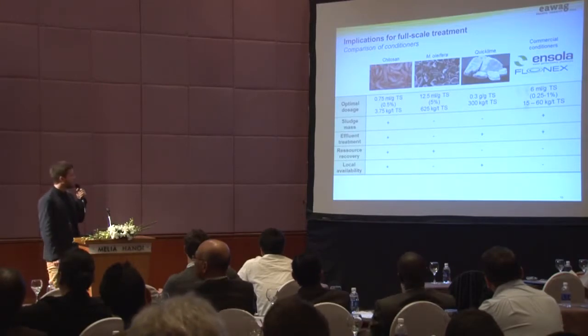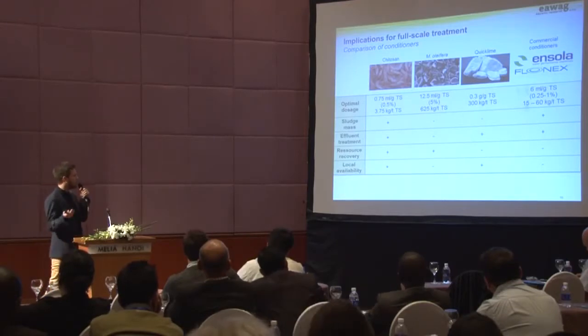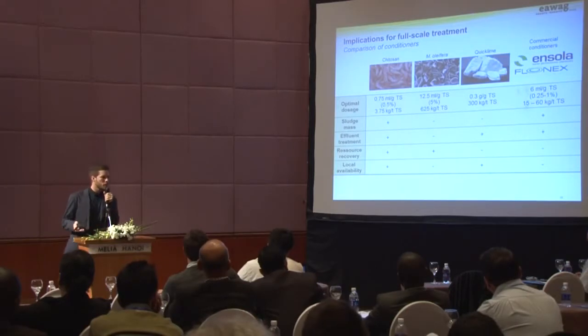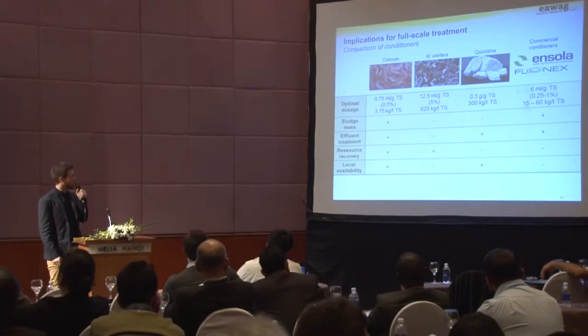Another point I want to make here is that quicklime and Moringa oleifera increase the sludge mass. You don't want to treat more sludge than necessary in the end, as that increases your costs. For Moringa oleifera, you could argue you're adding an organic material, so you maybe improve the properties of your treatment end product if you use it in agriculture. But that's usually not the case for lime, which increases the ash content, and might be useful for some soils, but not for every. So it also has implications for resource recovery.